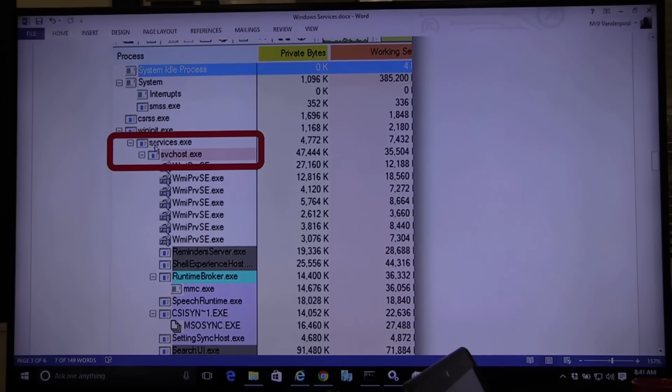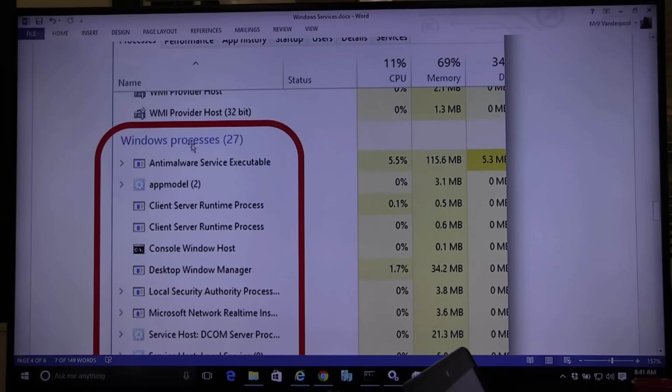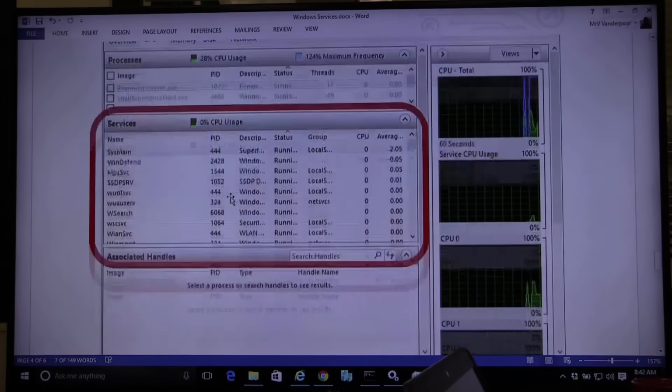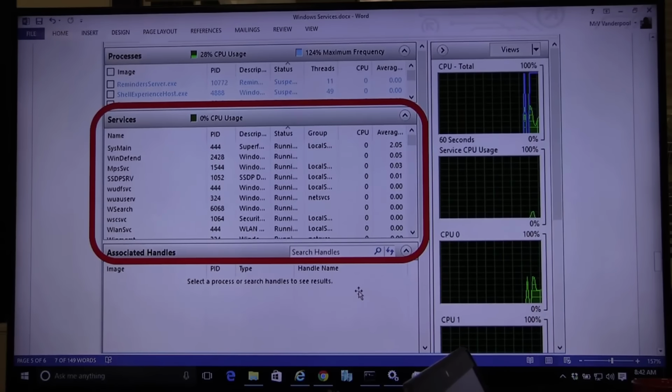It's easily seen in Process Explorer. If you look at Task Manager, it's found under Windows Processes. If you slide up Task Manager, you'll find all your services under Windows Processes. If you go to Resource Monitor, you use the CPU tab and you've got all your services easily found and accessible.